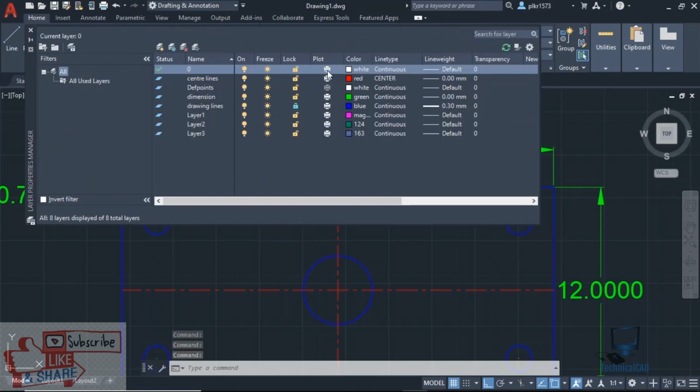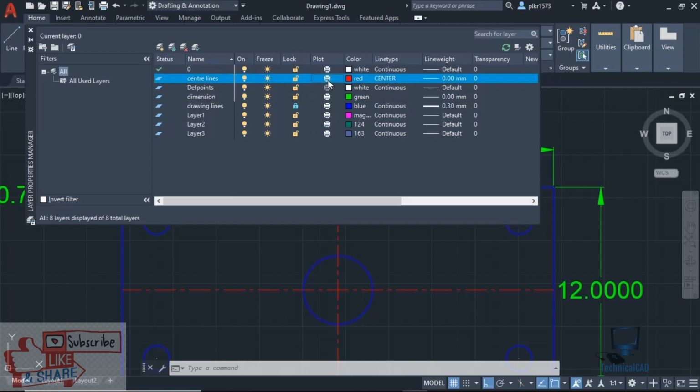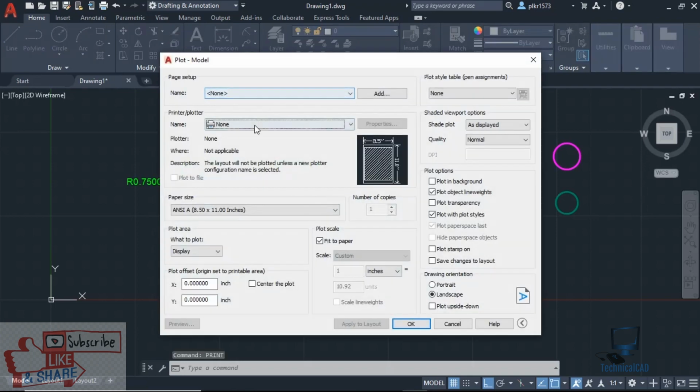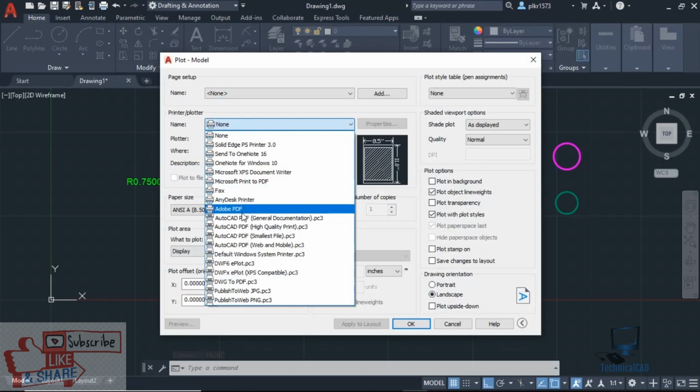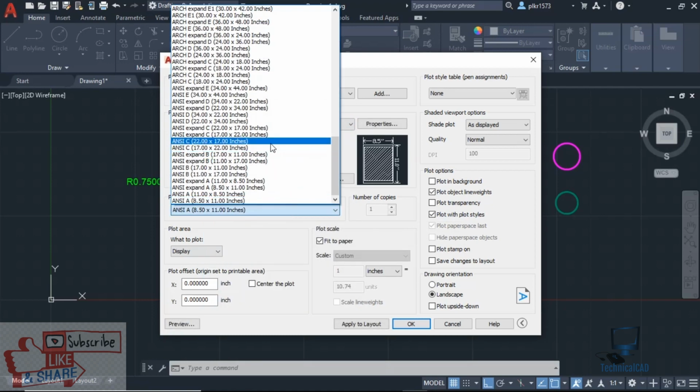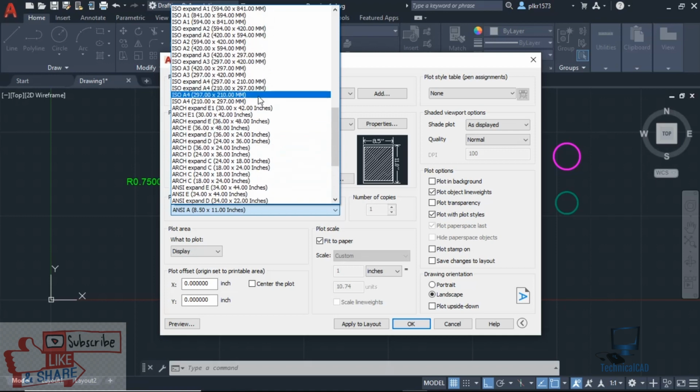If you switch off the plot option, so if I switch off the center lines plot, it will not come in the print. On the screen the drawing will be visible, but whenever I take the print, it will not be available on the paper. So go for print. Select PDF, high quality print, and I'll go for A4 sheet, it's not a problem.